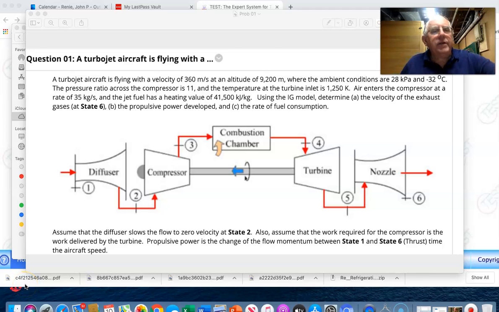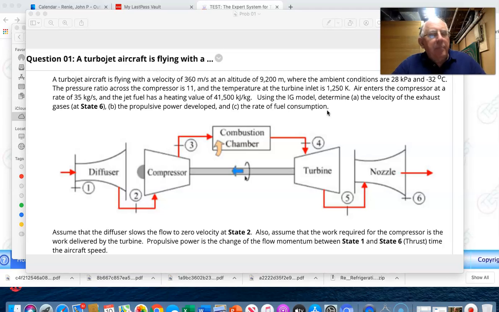Okay, today what I'd like to do is go through the four problems that were given in the second test. This first problem is a gas turbine engine with a diffuser and a nozzle. In this particular problem, I did ask you to use the IG model, the ideal gas model. One does not need to use the gas dynamics test app, but rather just the